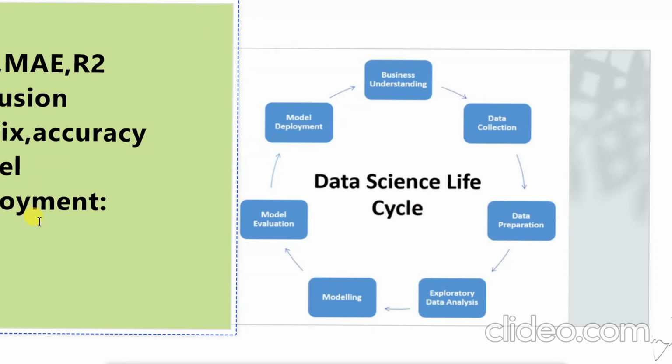Deployment means you provide the model to the users. You can deploy the model using AWS, or you can use Microsoft Azure, or you can even go for Heroku for deploying your model. Even after deployment, you have to keep on watching the performance of the model. For various months, you can watch the performance of the model, collect the feedback, and keep on tuning your model. So that's all. These are the various processes in any data science project, or you can simply say it is the data science life cycle.